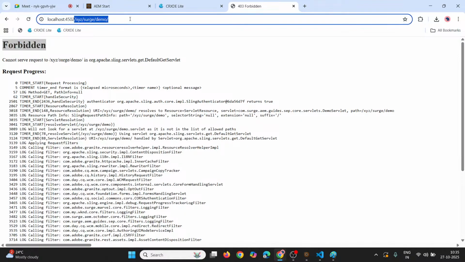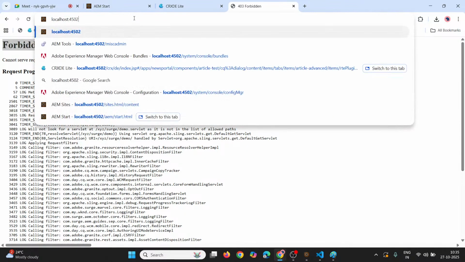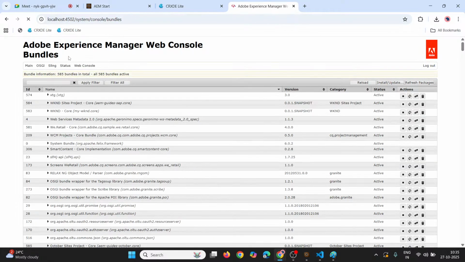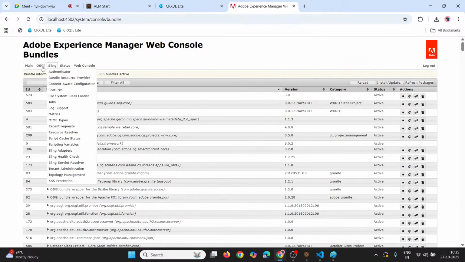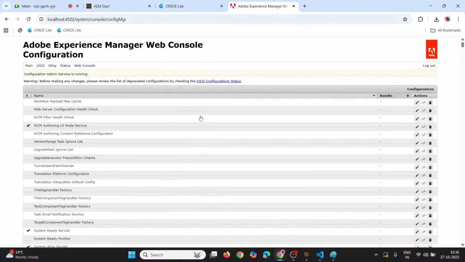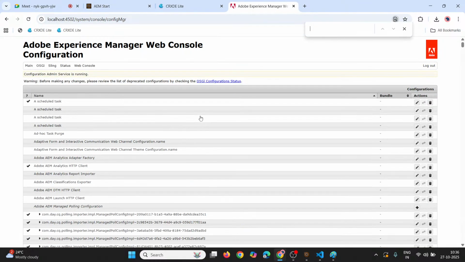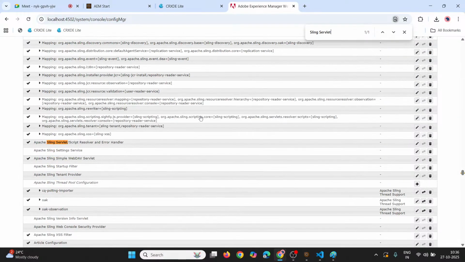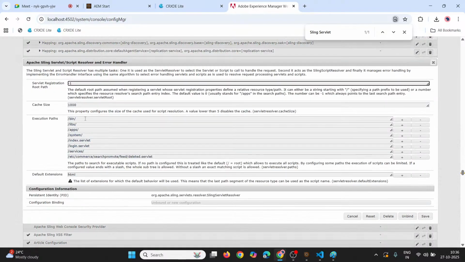You have to go inside the web console, localhost 4502, and inside the system console, config manager, the OSGi configuration. We have one configuration called Sling Servlet Resolver. Inside that Sling Servlet Resolver configuration, you have to register this path. Apache Sling Servlet Script Resolver and Error Handler. If you observe here,